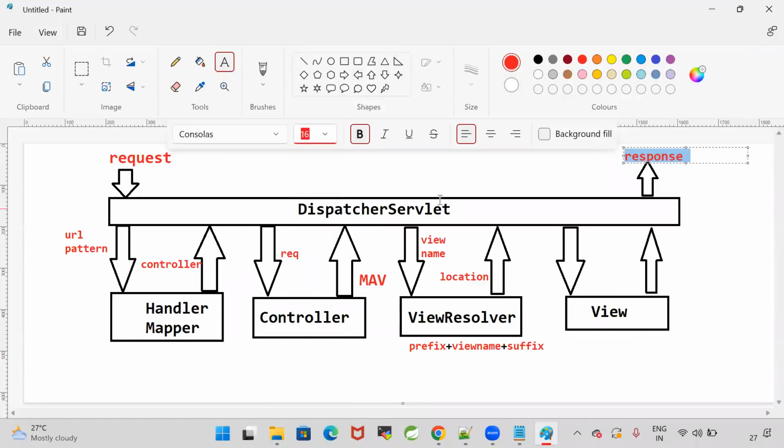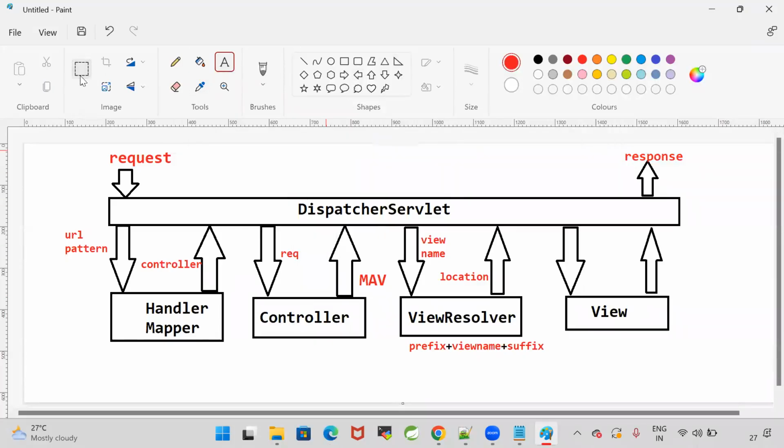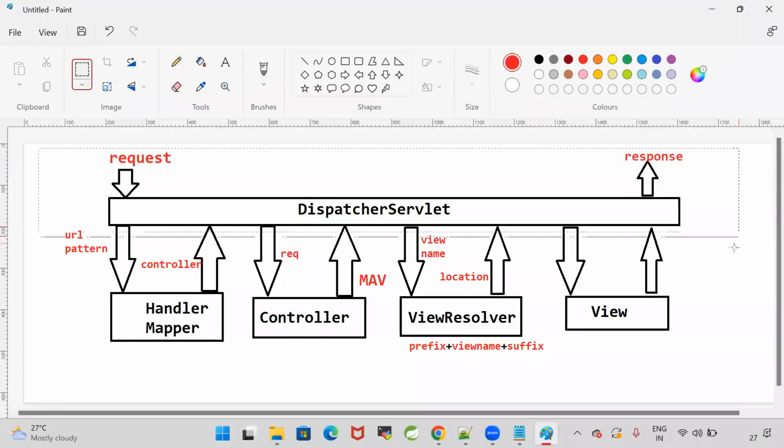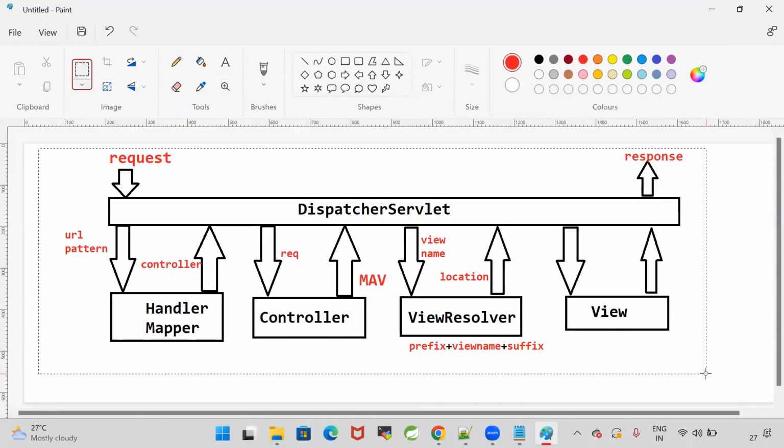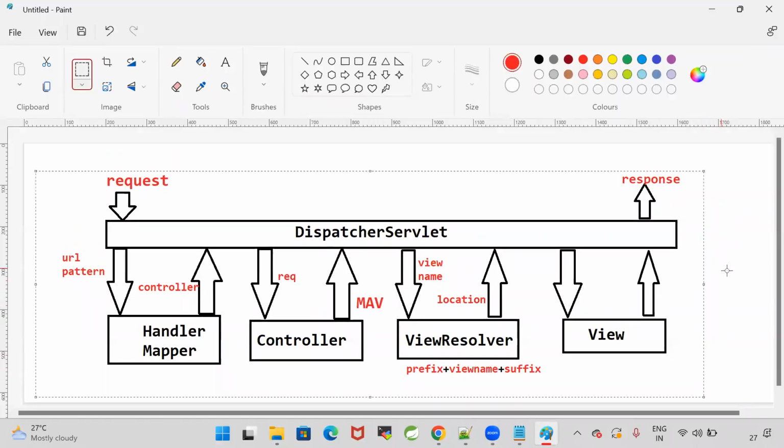Are you guys able to follow me? So this is called our Spring Web MVC architecture, guys. If you develop a web application by using Spring Web MVC with plain Spring, or if you develop by using Spring Boot,